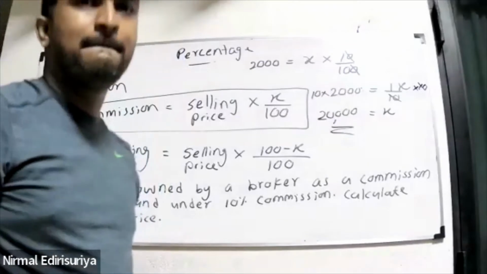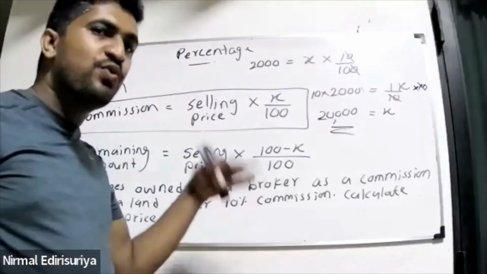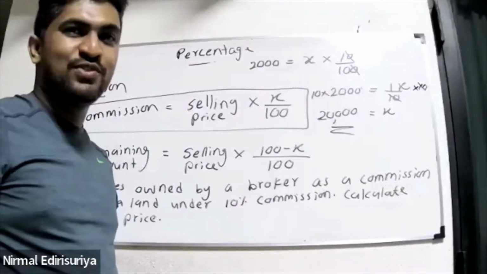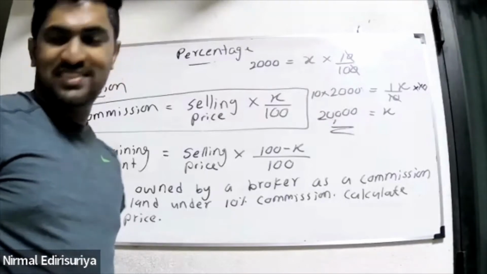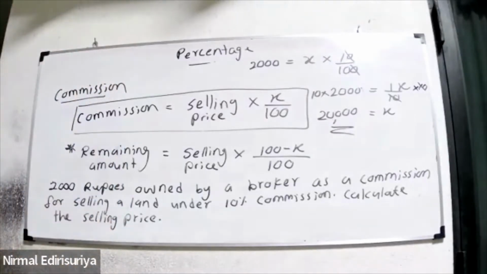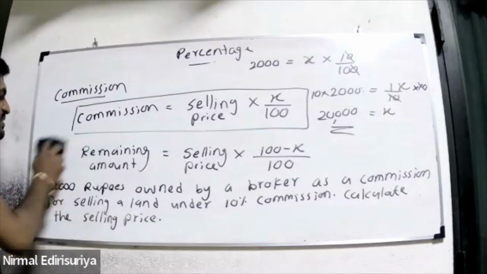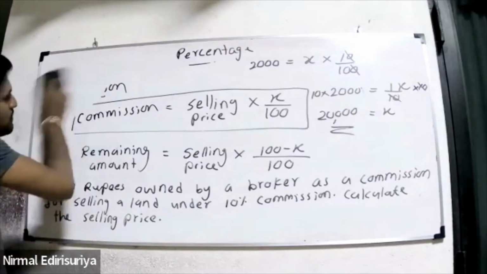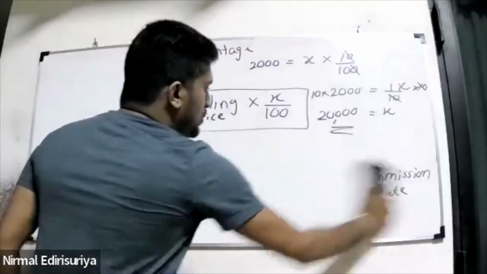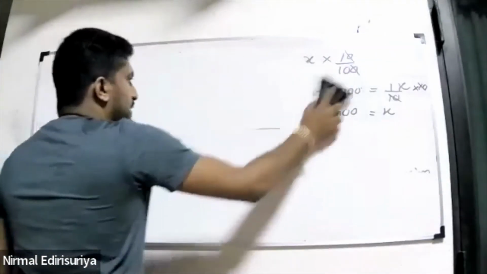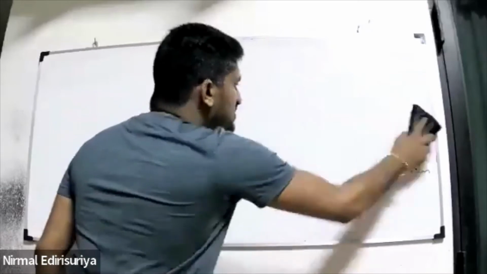Okay Yulanga, shall we move to the next steps? We have to cover a lot. Can I erase this? Yes. Okay, next one: discount is over, profit, loss and commission are over. Next we have to learn